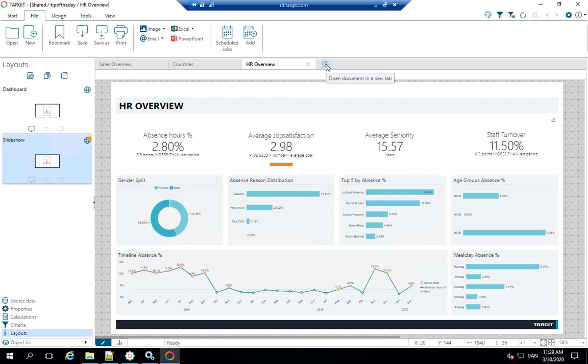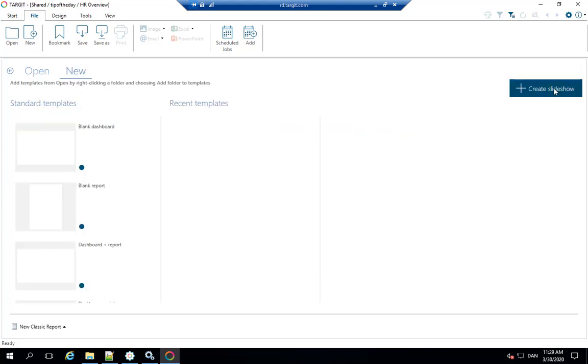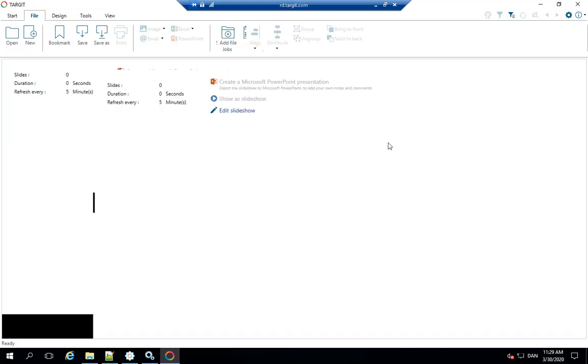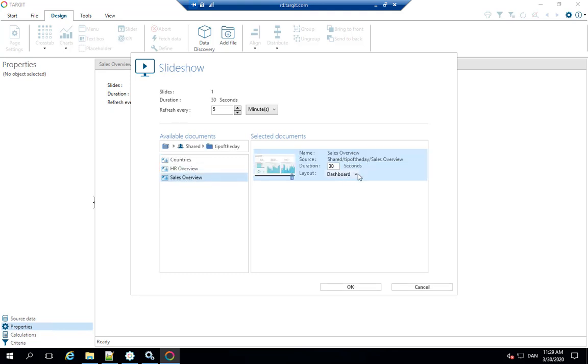Let's pick yet another tab and click the new button and create a slideshow. So what I'm going to do now is show an ad hoc slideshow. You're also able to actually do scheduled publishing of these slideshows, but I'm just going to show the ad hoc version for now. So this slideshow should consist of 3 dashboards, my sales overview, specifically the version called slideshow version,